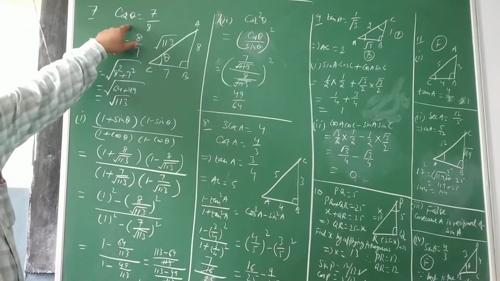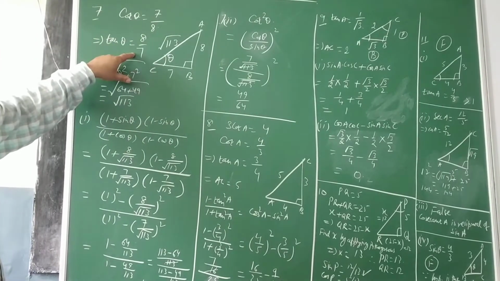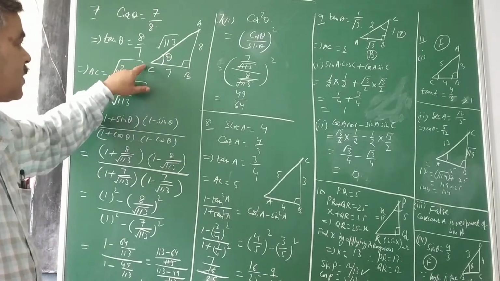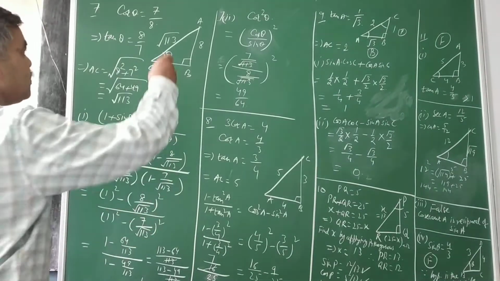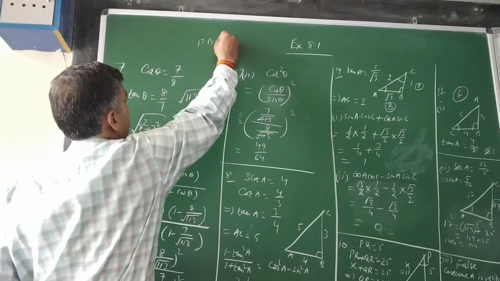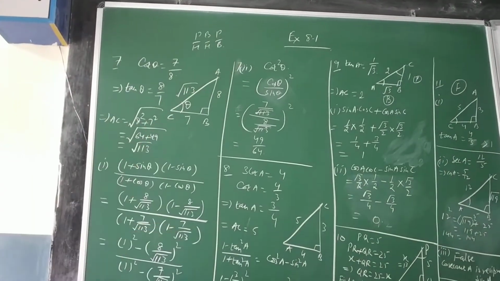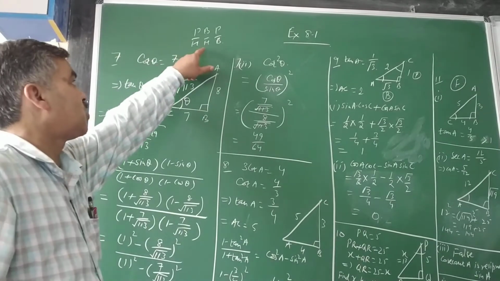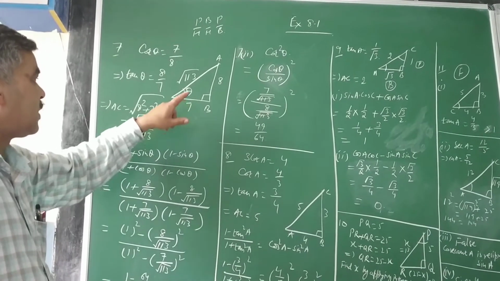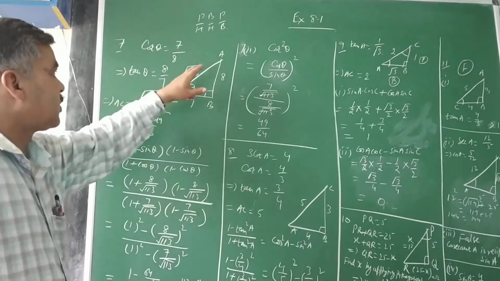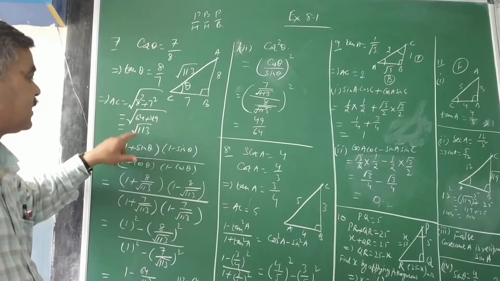First of all, if cot theta is 7 upon 8, you know cot is the reciprocal of tangent, so tangent will be 8 upon 7. Draw the triangle. Suppose I have taken theta at C, and tangent is perpendicular upon base. For that, please remember Pandit, Badri, Prasad, Harhar, Bole. If you don't remember, write it down in your rough margin somewhere. So P upon B. Here is P, this is B, the perpendicular upon base. Then you can calculate the value of AC by Pythagoras theorem, which comes to under root 113.